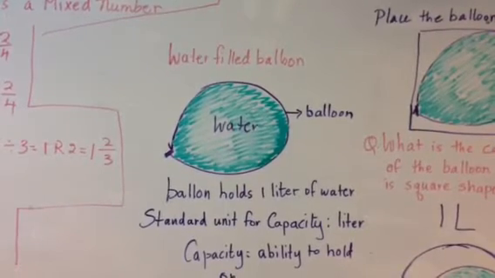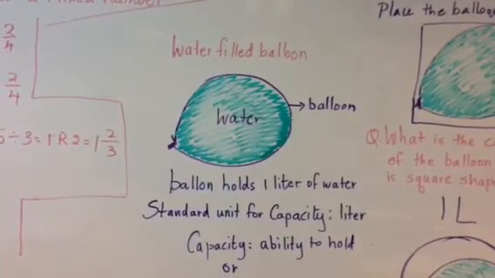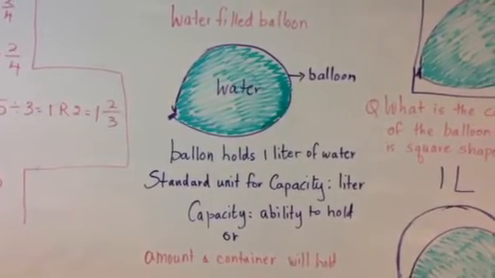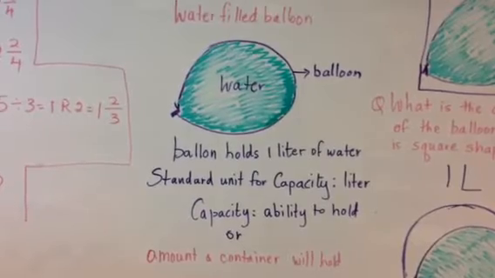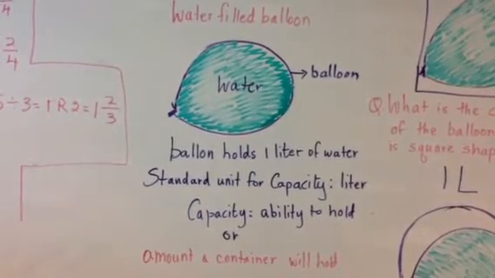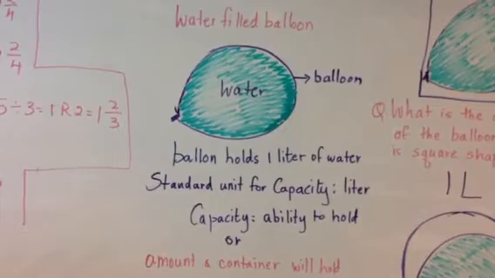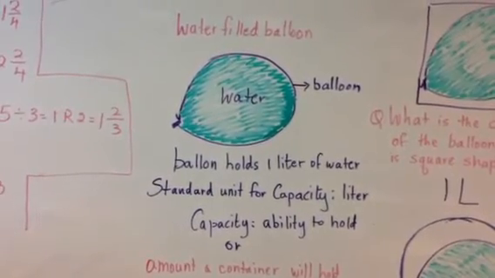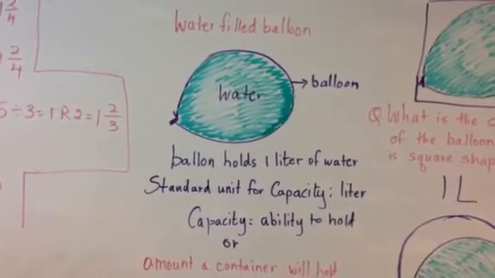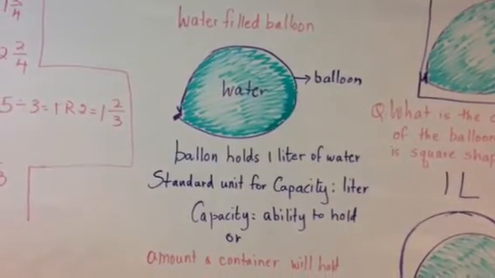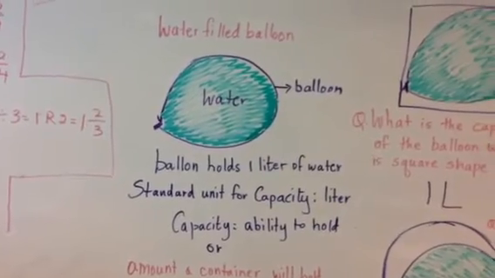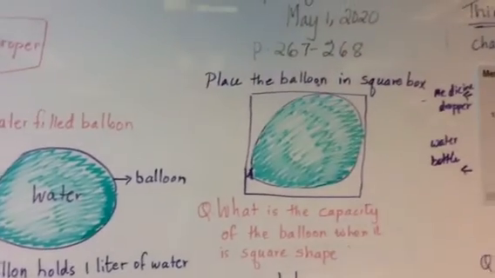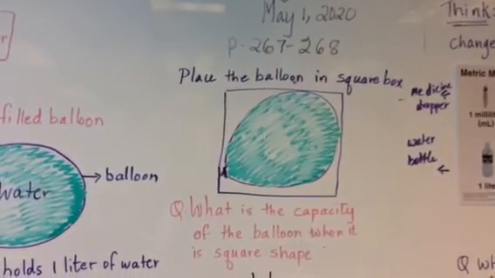So what does capacity mean? Capacity, ability to hold, or amount a container will hold. So liquids we hold in a container. So 1 liter is a standard unit for holding any liquid stuff, liquids. It's liter. And let's put that water balloon into, if I place the balloon in a square box,